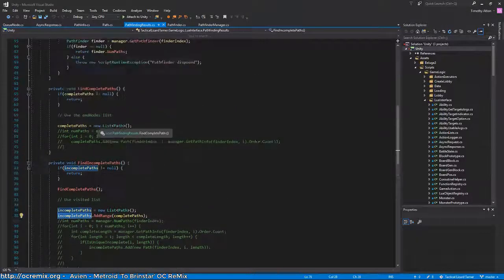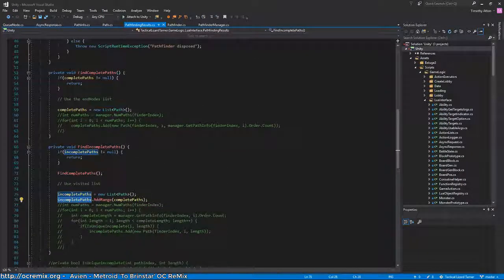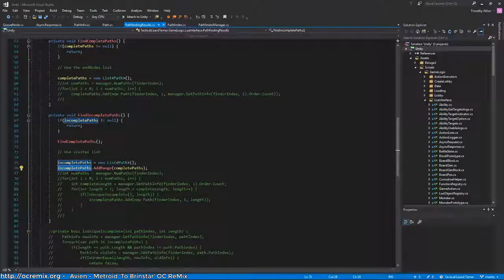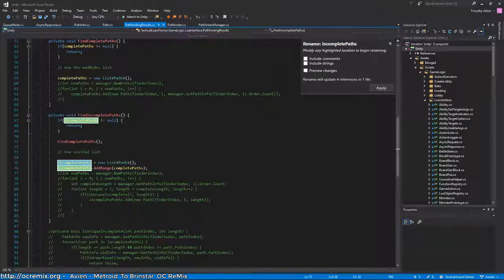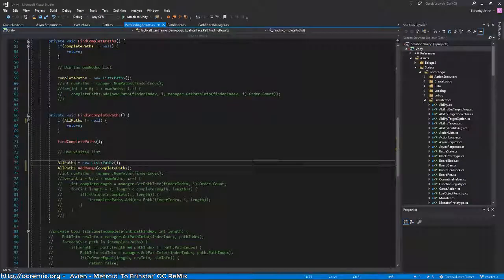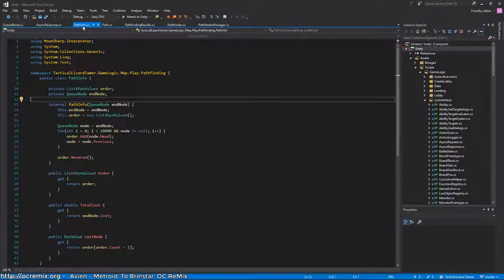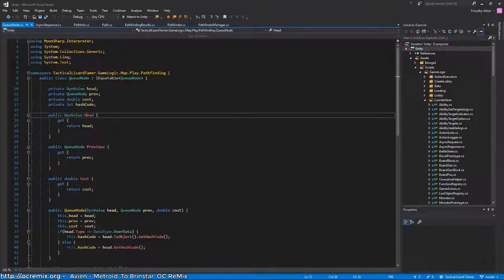Okay. Really, the complete and incomplete paths are basically, well, complete paths is a subset of incomplete paths, so I guess I should change this to all paths maybe. And then maybe in fact, a better way than just having the end node list. Well, one option would be to just have an is-end-node flag in this actual Q node class, but